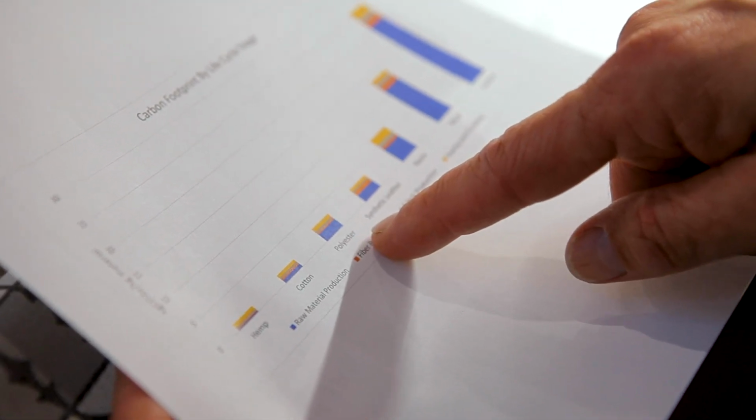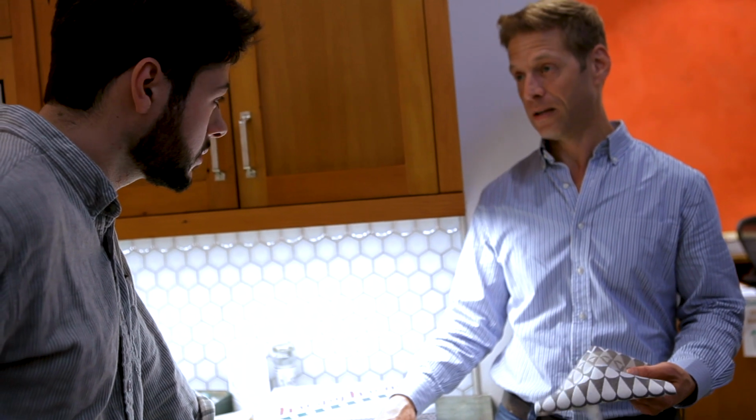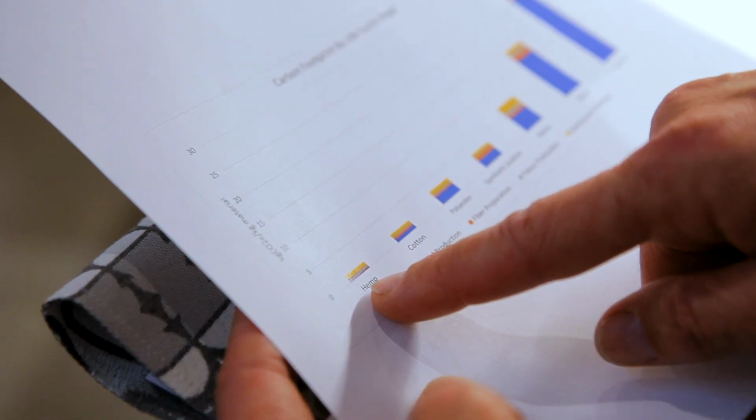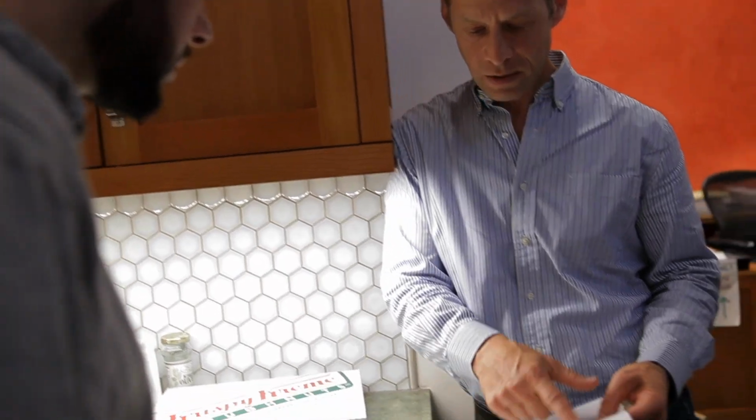Because, you know, if it's by energy use, then that doesn't seem right. If it's by water use, then maybe. Cotton has a pretty low carbon footprint, but the biggest problem with it is the water consumption. I mean, cotton's is huge compared to hemp or polyester for water use. Both of these show hemp as being pretty low water usage and carbon footprint, which is great. So hemp was really the winner that was able to have both a low carbon cost and also a low